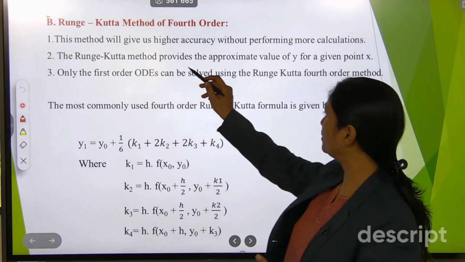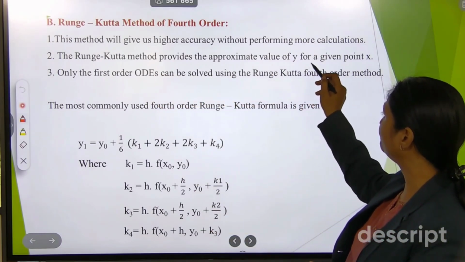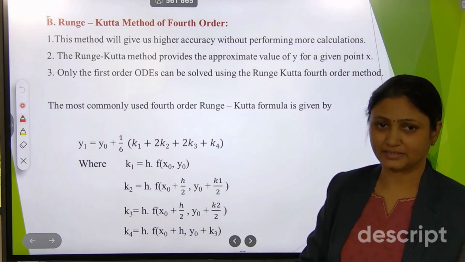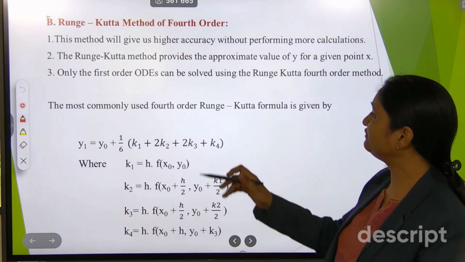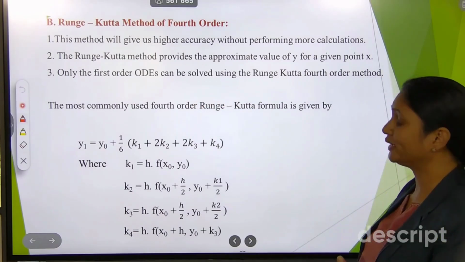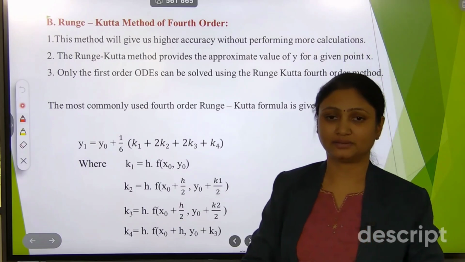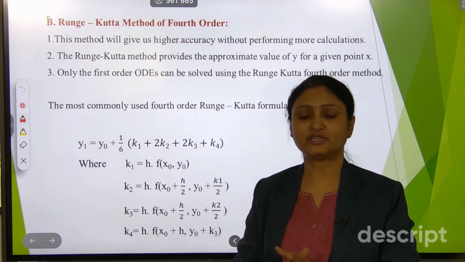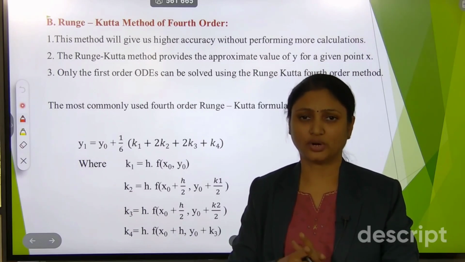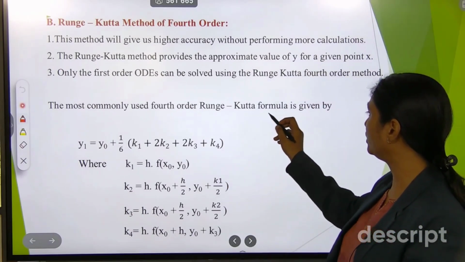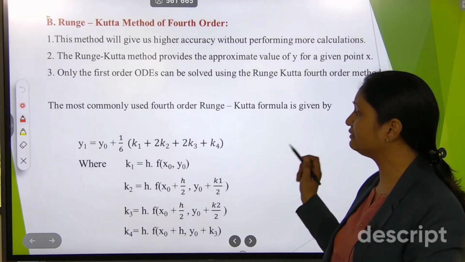Again, the method provides the approximate value of y for a given value of x. Again, only first order ordinary differential equations can be solved using the Runge Kutta fourth order method. That means all these methods are used to solve ordinary differential equations of only first order. Now, the most commonly used fourth order Runge Kutta formula is given by